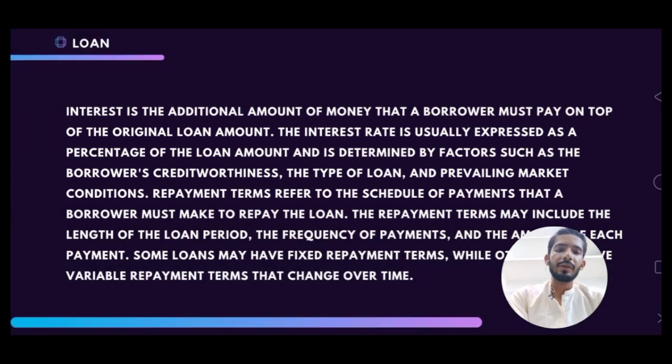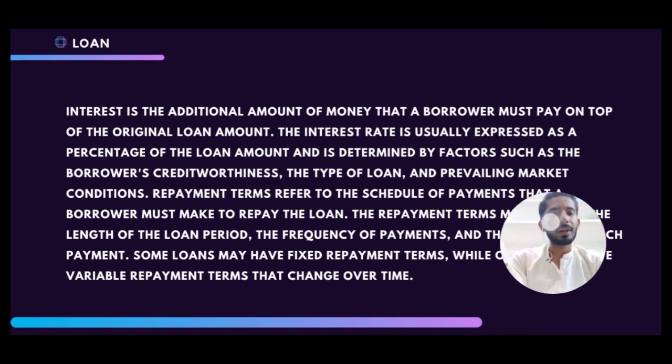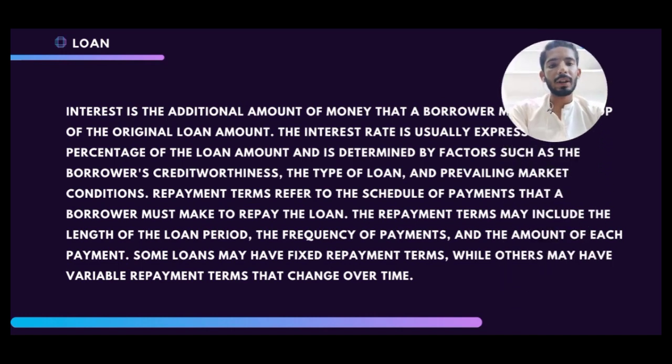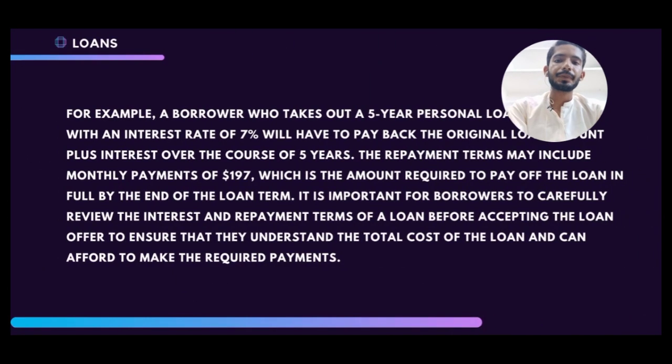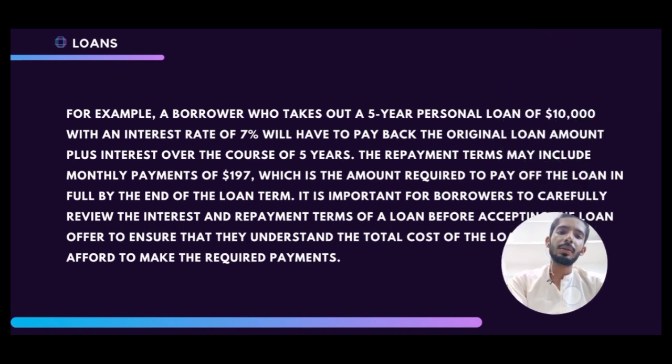Repayment terms refer to the schedule of payments that a borrower must make to repay the loan. The repayment terms may include the length of the loan period, the frequency of the payments, and the amount of each payment. Some loans may have fixed repayment terms, while others may have variable repayment terms that change over time. For example, a borrower who takes